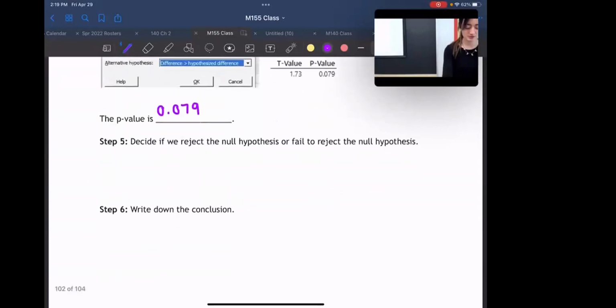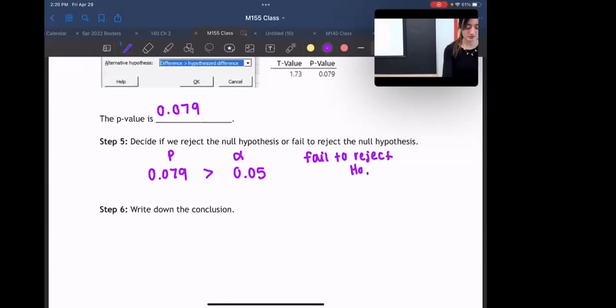Step 5 asks us if we reject or fail to reject the null hypothesis. We do that by comparing two values. Which ones are they? Good, P and alpha. I always like writing P on the left, alpha on the right, just so they stay the way that they are. 0.079. Alpha in the question was 0.05. Which one was bigger? P, good. So do we reject or fail to reject? Is it reject? Yeah, fail to reject. I know it gets kind of confusing after a while. Fail to reject